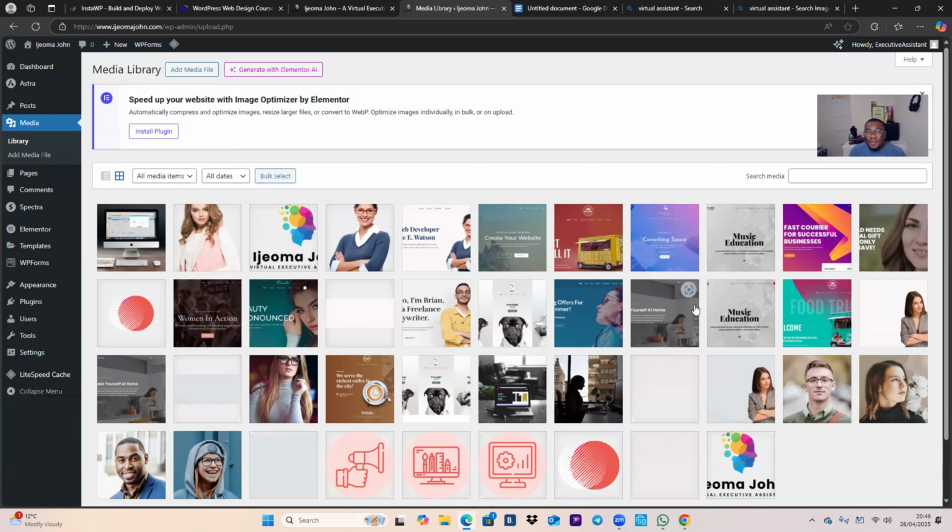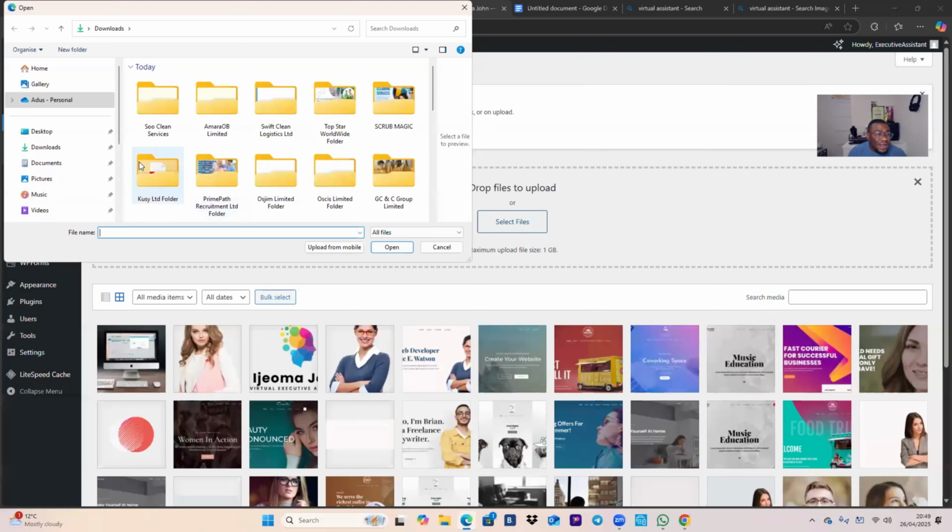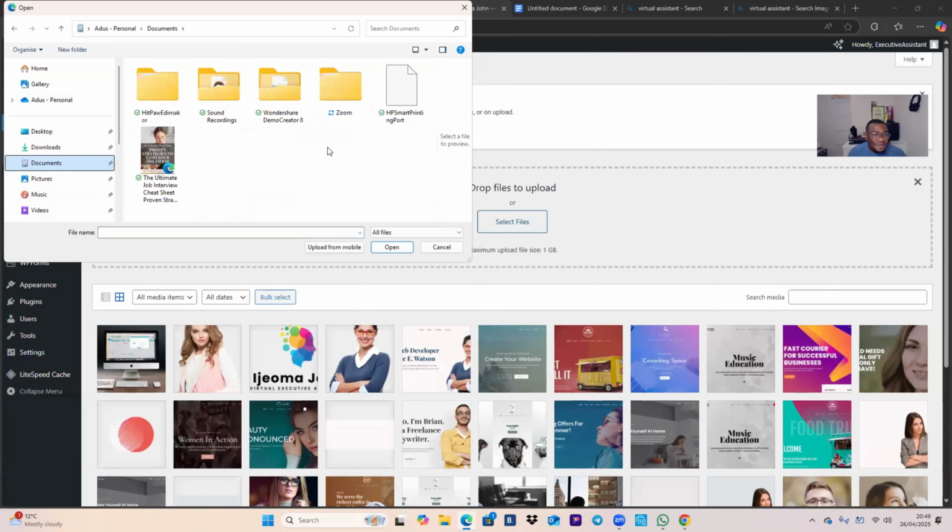So even if you want to upload our PDF, if you want to upload anything you want to upload, it can also be available for us to upload here. It will all come here. So let's say we have a PDF file we want to upload. You go to your media section, go to upload that very particular PDF. Let me see if I have any PDF here that I can use. I think this is PDF. Yeah, this is PDF, but it's